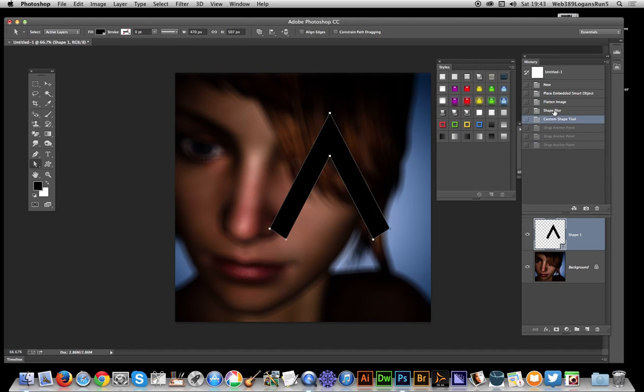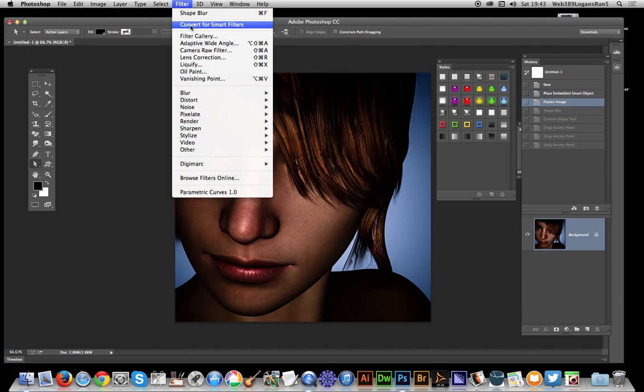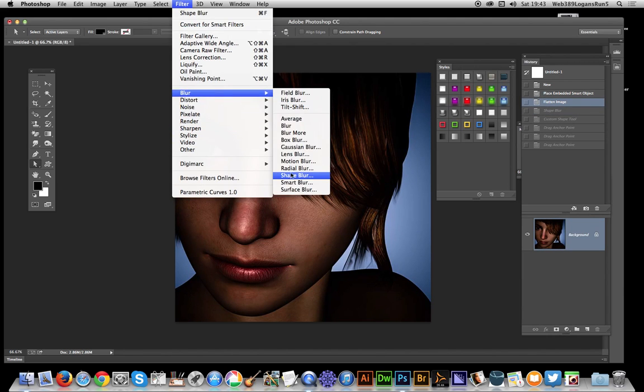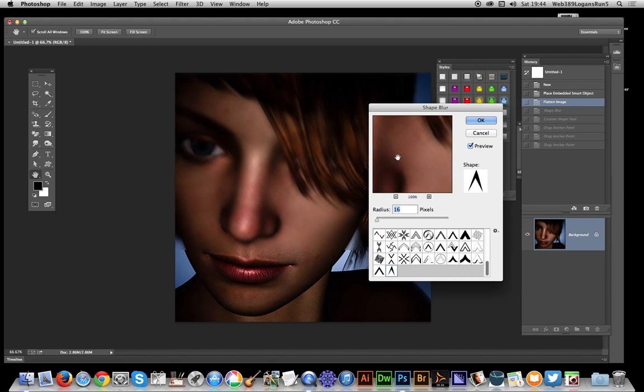Now let's just get rid of that. I'm going to get rid of that actual blur, and I can now go over to filter, blur, shape blur, and you will see the actual design that we've just created just quickly down here. And this blur obviously can be now applied to create a different type of blur, and I'm just going to increase it this time. Click OK,